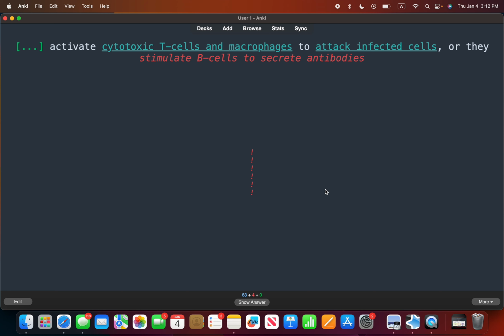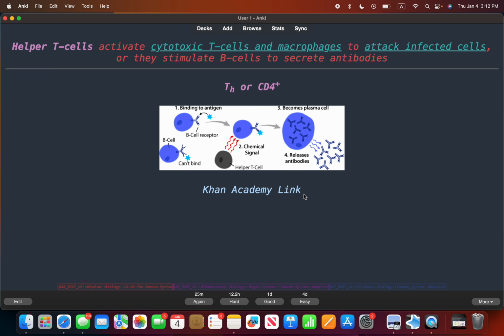So what activates cytotoxic T cells and macrophages to attack infected cells, or stimulates B cells to secrete antibodies? I'm assuming it is helper T cells. Yes, they are the ones that activate, if you remember the diagram that I just explained, where the helper T